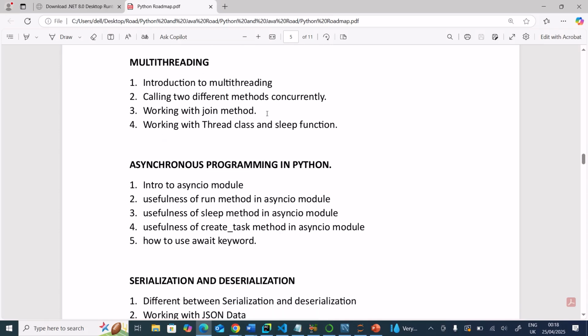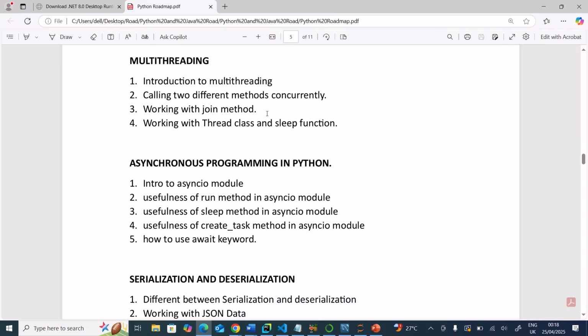Then we move to multi-threading. That is when we want to be talking about concurrency utility. Normally, all the code you write works as if it is being executed sequentially. But we get to a situation where we don't want a particular piece of code to wait for another to be executed.